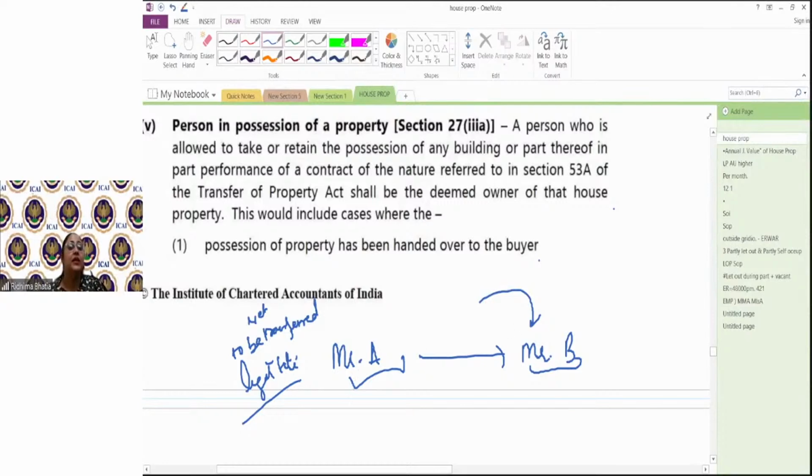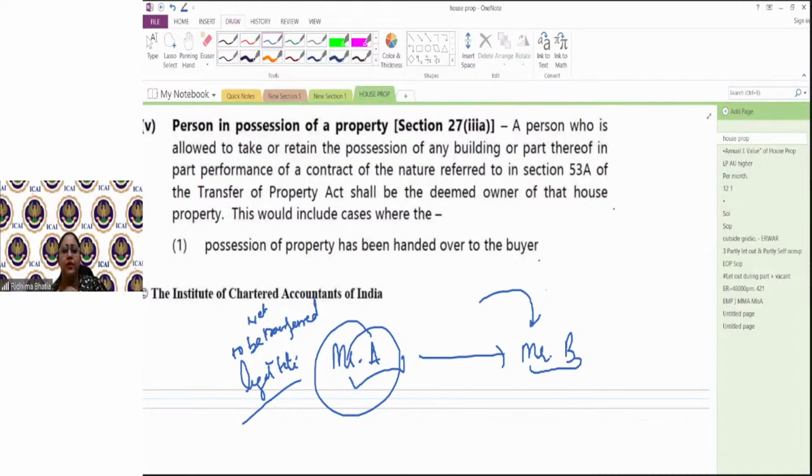बस legal title still is in the name of Mr. A. Legal title is still in the name of Mr. A because the formality for that legal title to be transferred, that is registry, is still pending. But otherwise, possession has been given, consideration has been given, essential performance of the contract has been done. Now, you cannot say that since the legal title is Mr. A, he would be the owner. No, if all those necessary things which are required for the performance of the contract is done, consideration is paid,